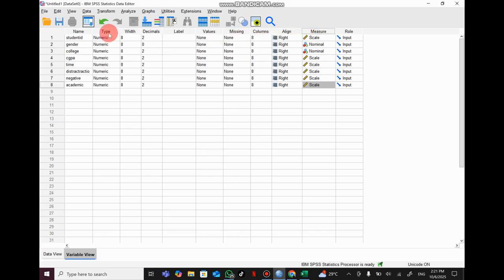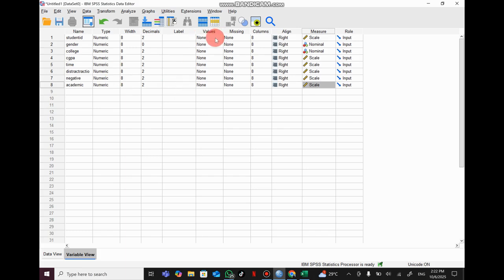For the type, when using numbers we use numeric, while when you use text or date, we use string. Here in my data, all the data is numeric.